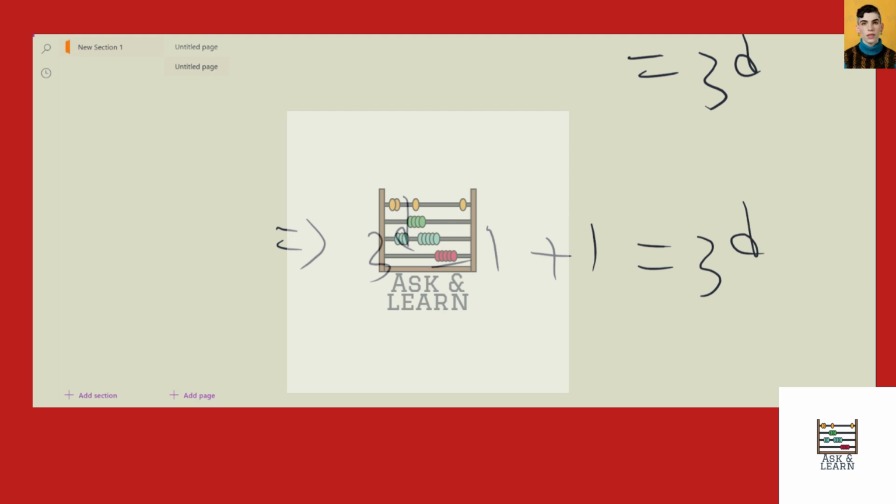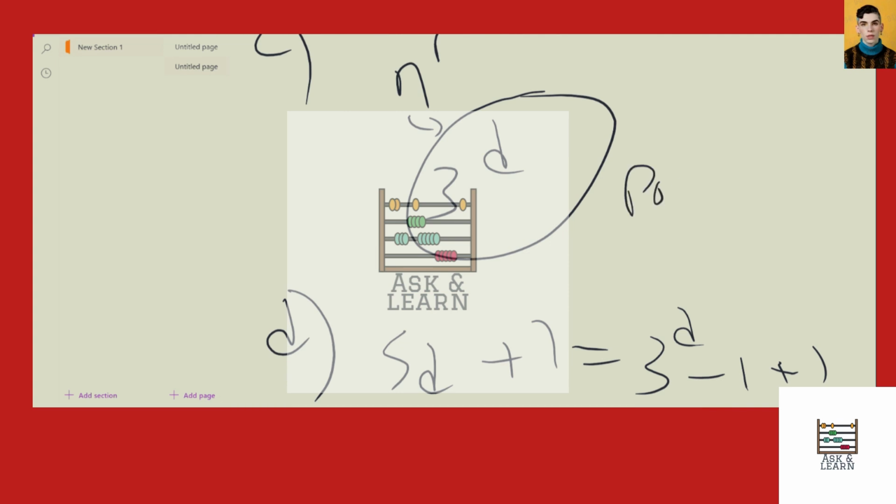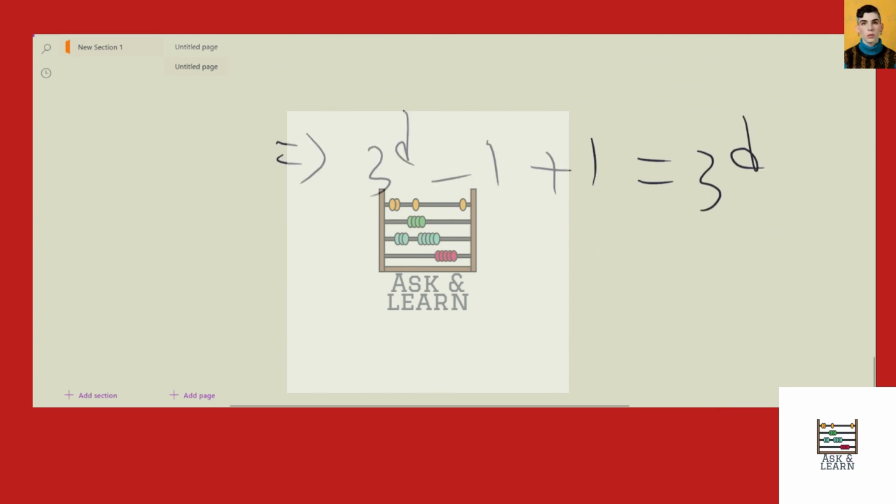So that matches our answer for part C. So there's 3 to the D possible arrangements and 3 to the D different arrangements as well. So that's how you do parts A,